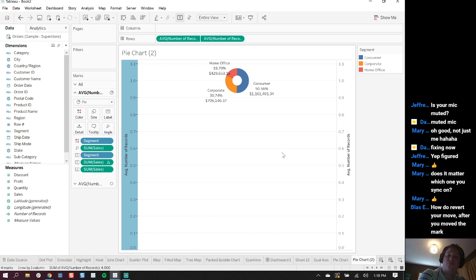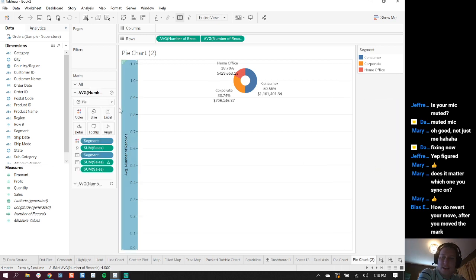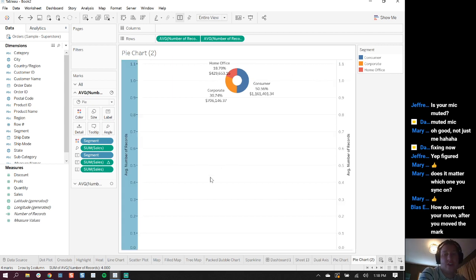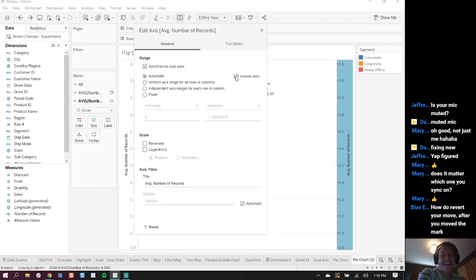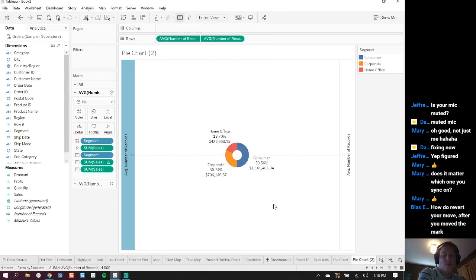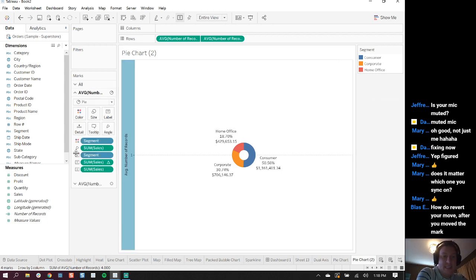But there's a couple additional formatting things I want to do. These axes don't actually make sense, so I will need to right click on them and deselect show header. Oh, actually, I'm going to hit Control Z. There's one thing I need to do first. Right click on one of the axes, go to edit axis and deselect include 0. What this is going to do is it's going to center the visualization because we don't have an axis going from 0 to 1. Now I can right click, deselect show header,